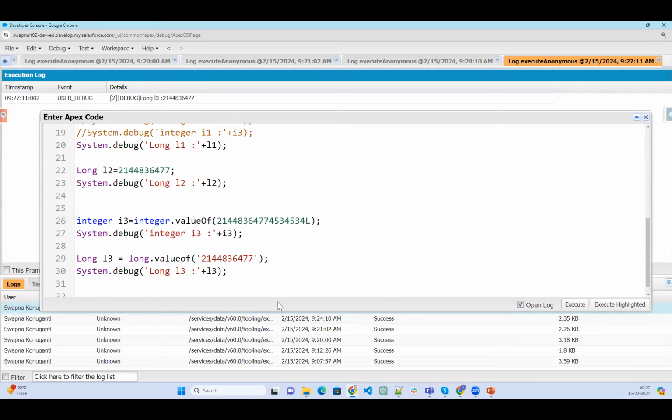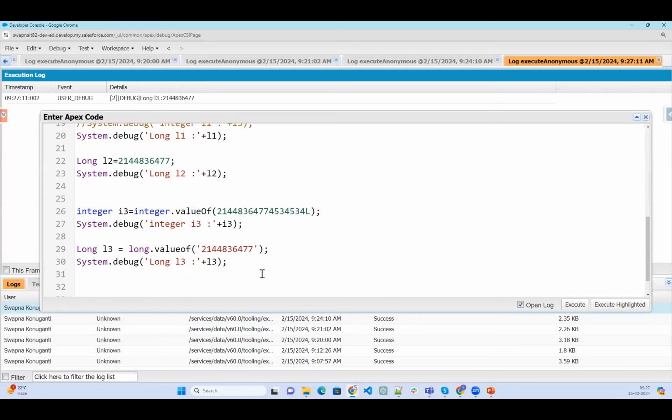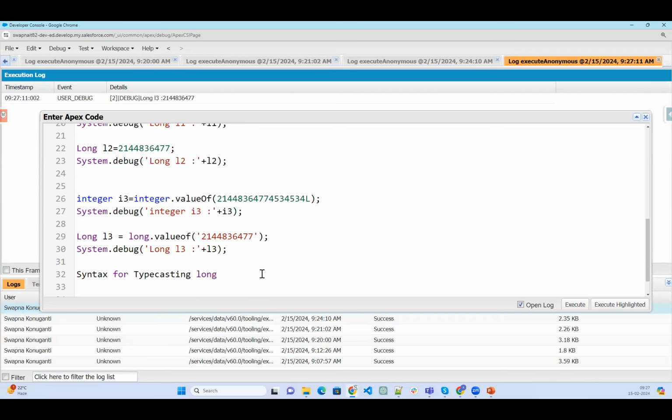The syntax for typecasting for long is: you need to provide long dot value of, and within this you need to provide the string value.